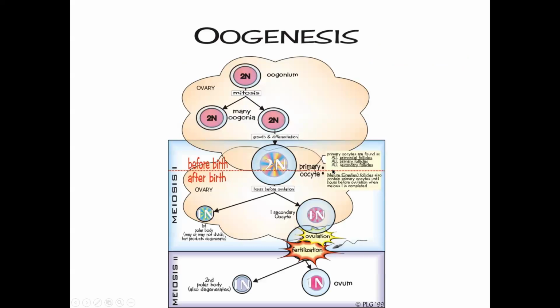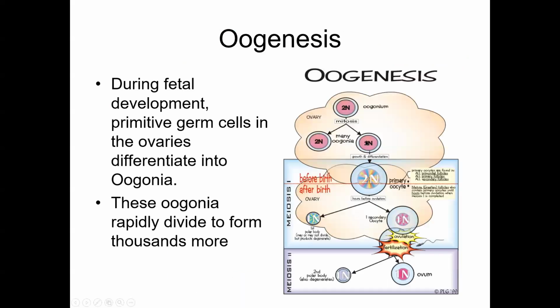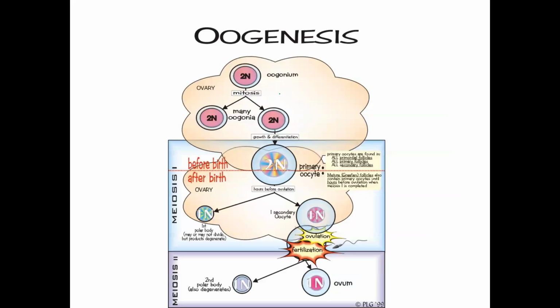All right, let's talk about oogenesis, making eggs. Now, in females, oogenesis is extremely complicated in comparison to that of males, okay? First of all, the production of eggs in females doesn't even start after you're born. It starts before you're born. It starts in the second trimester,